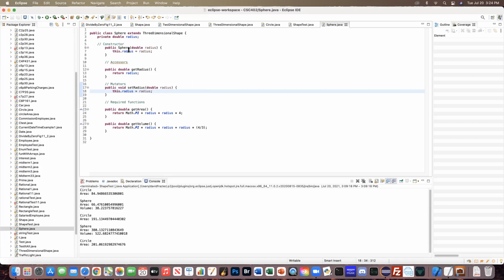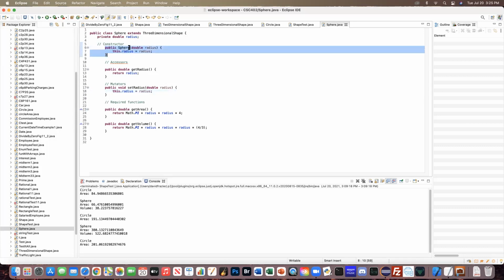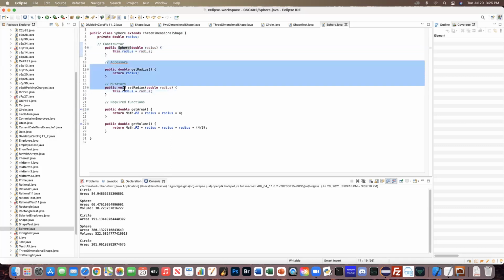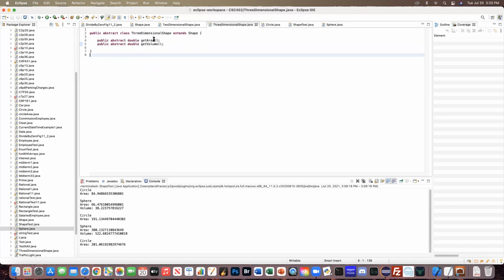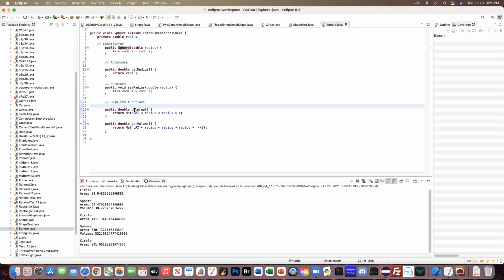So this one's the same deal. In fact, I copied over the code because it's just the radius. So the constructor is the same, except you change the name. The accessors and the mutators are the same. But on this one, because the ThreeDimensionalShape has these two abstract methods, I have to implement both of them. If not, it's going to give me an error. These are required functions. So the public double getArea, which this time is going to be 4 pi r squared. Just look that up on